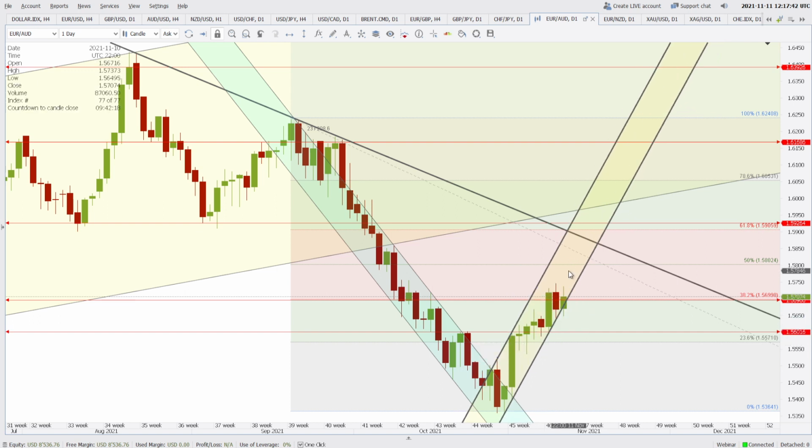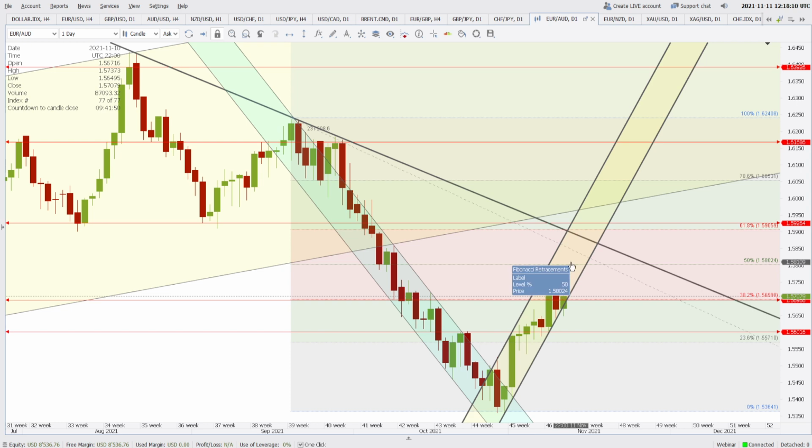And there is a possibility that the price may even go to 61.8%, which is 1.5905, before it starts moving down, or otherwise this falling trend line may act as a fresh resistance to push the prices down. But right now the price is going up, and the support is now at 1.5696, and the resistance is at 1.5926, and this 50% level, that is 1.5802, may also act as a resistance if the price starts